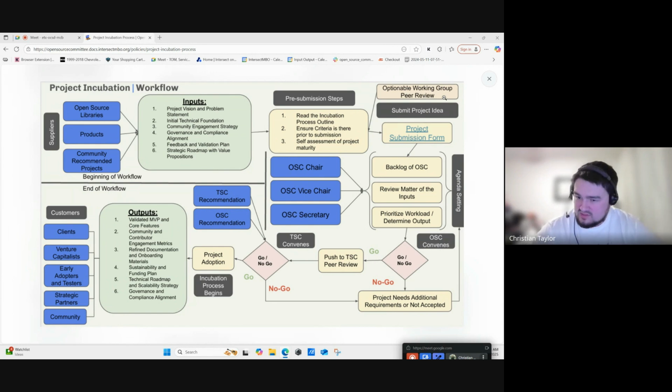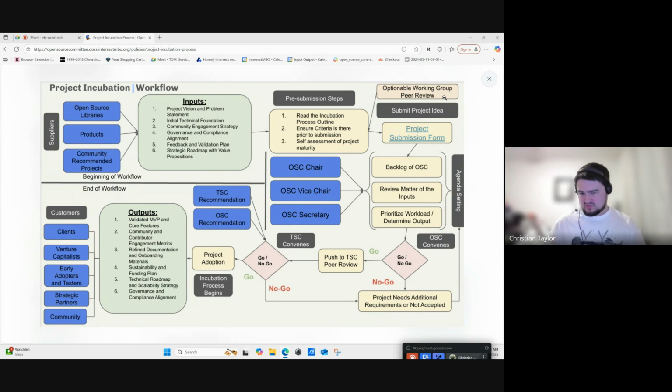But if everything's good, we would go to the OSC agenda, which is where for your project to be approved, you have to go through the open source committee and the technical steering committee. So the first step comes through the open source office. We get you in front of the open source committee. It gets added to the agenda, and they'll have either an offline discussion on it via async, or they'll do it during the actual call itself.